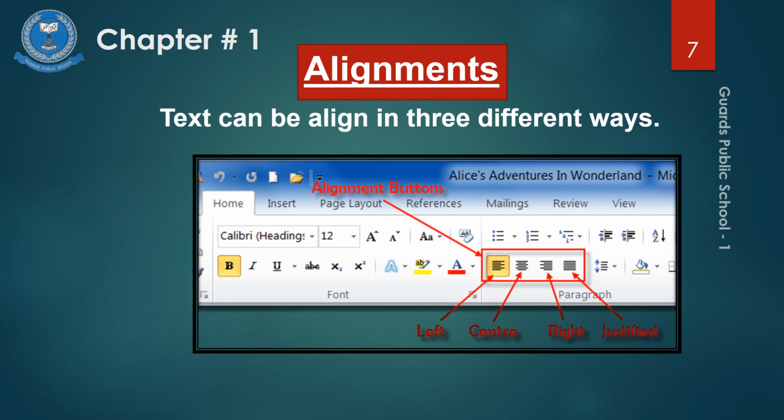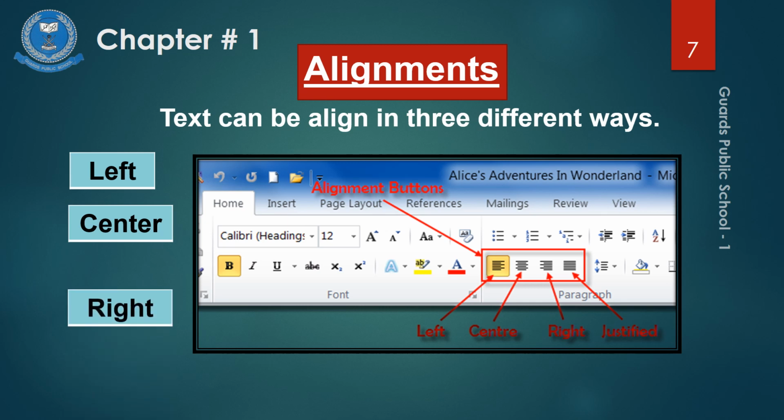Text is aligned to the left of the page by default. By default means when you open your software, you can see your cursor always blinks on the left side. If you want your text or your heading in the center, you can also place your heading and your paragraph in the center of the page. Select all text and press the center option. If you want to type Urdu text, you can set your cursor position on the right side.